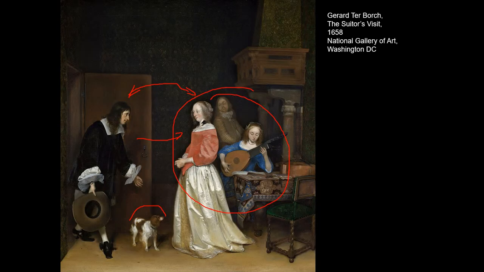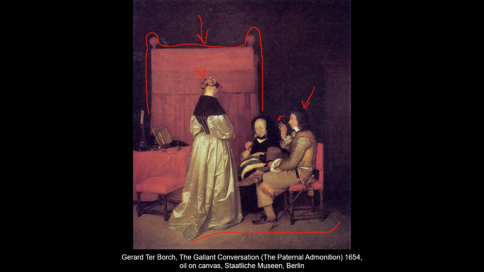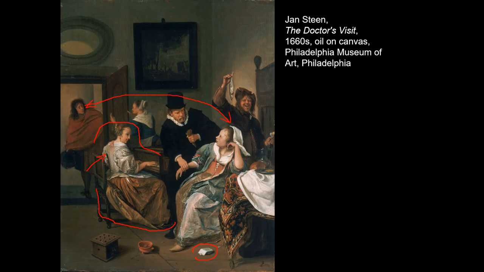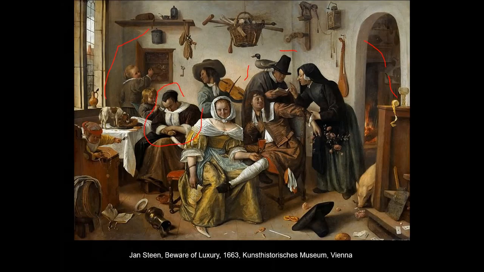If we go back to Ter Borch's figure, the women here are clearly seen as temptresses, or at the very least as fallen women. The same thing is here. You can see this likewise in the works of Jan Steen. Jan Steen shows this girl very clearly as somebody who has made a bad life choice. And so women are seen as temptresses or as figures of derision. And that's pretty typical. I hate to break it to you, but the 17th century is a pretty sexist time. We still have some of these horrible stereotypes ourselves.